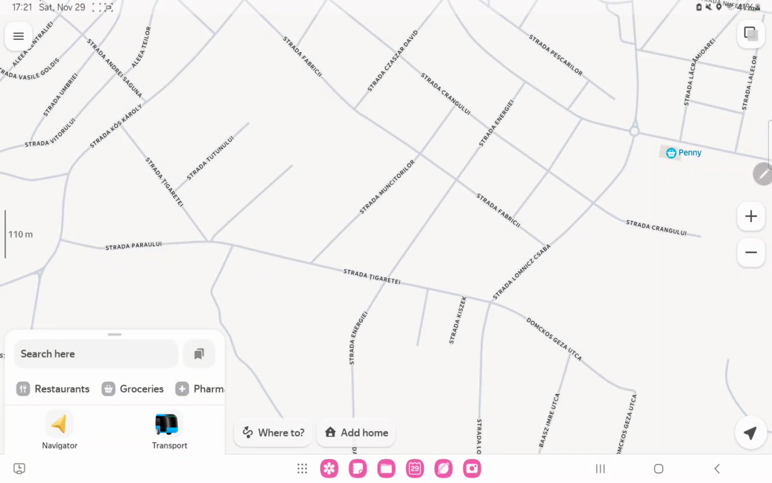Hello guys, in this video I'm going to show you how to change map scale with volume buttons on the